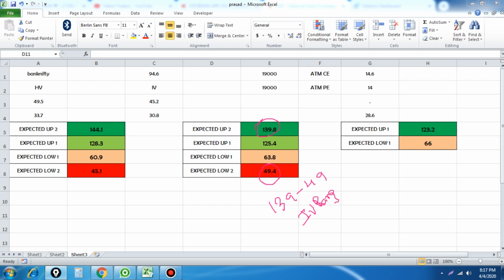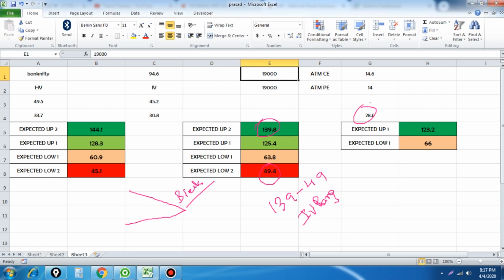But the stock is now in a narrow range, so we are waiting for a breakout on the stock. The option premium which I am going to pay is for the 90 and 100. The market was trading in between the levels, so I'm taking both the option premiums. The total value of the options is trading around 28 rupees, 28.6. Now, when I am going to pay 28 rupees premium, it has to move around 45